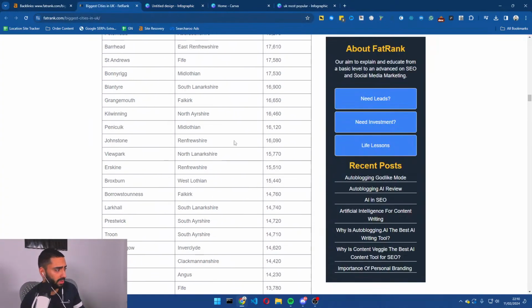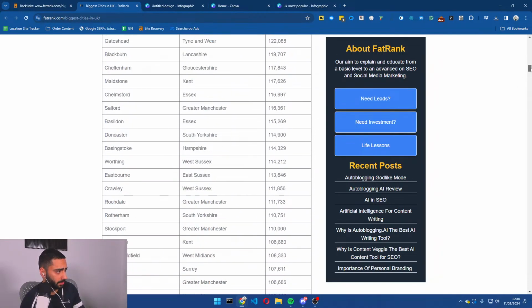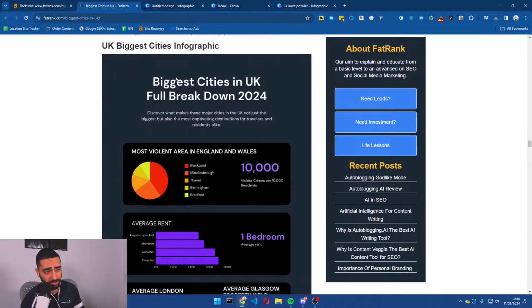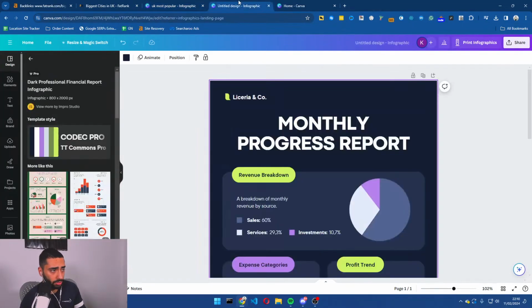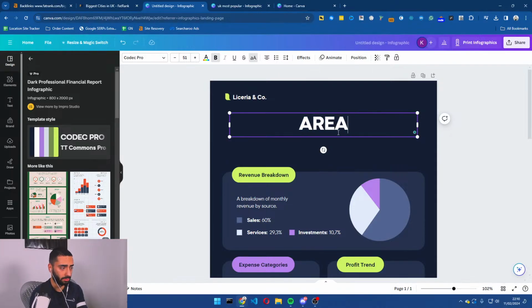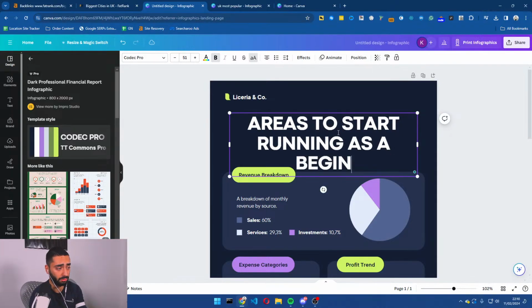If we take a look at our infographic, I believe it's further down the page. Very similar style. So you can just tweak this. Let's say, for example, you've got a page talking about the areas to start running as a beginner.